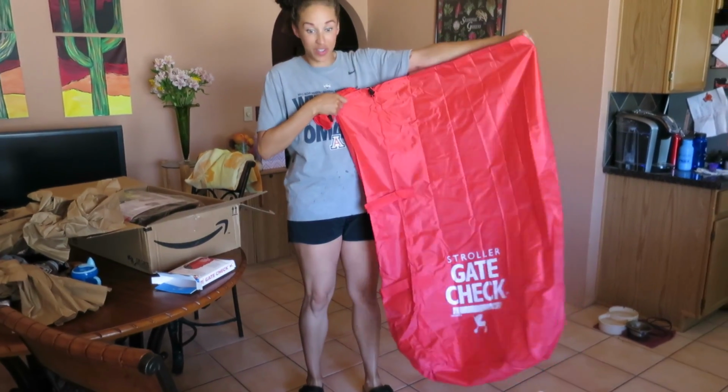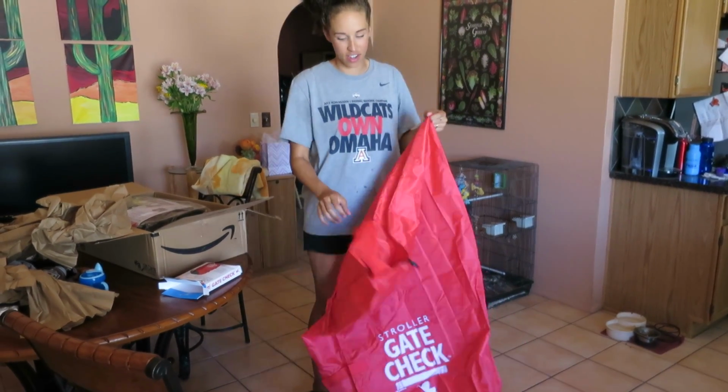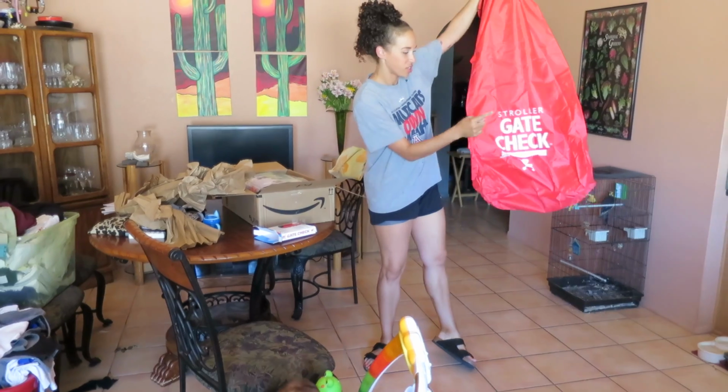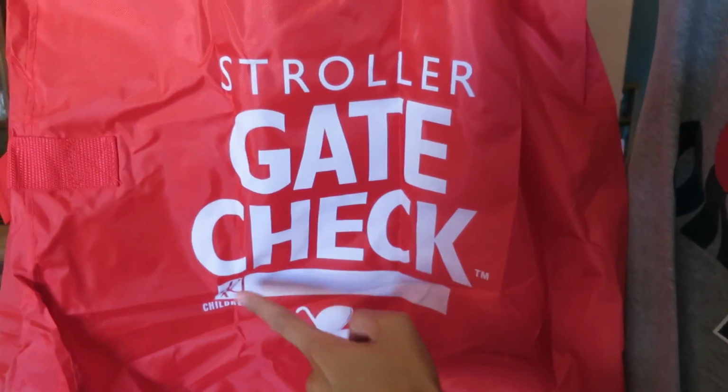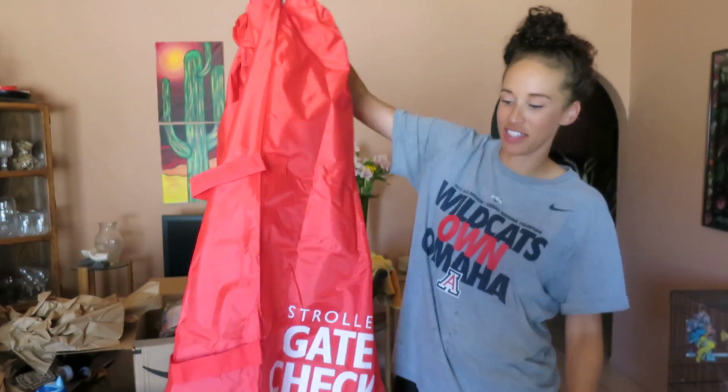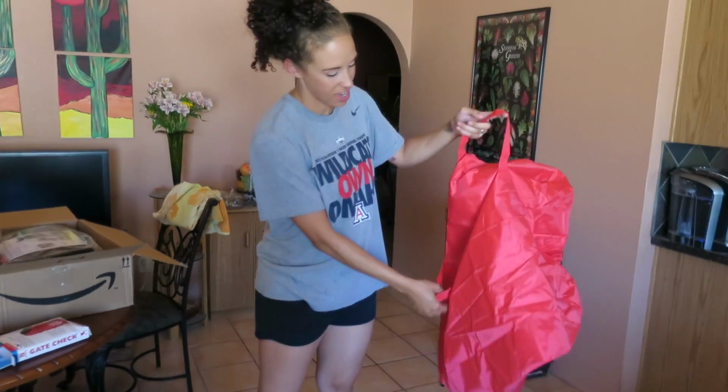So the stroller will go in the bag, and then we'll cinch it up. We'll leave this sitting by the airplane. Stroller gate check. You write your name right here. So it's basically telling them, this is a stroller, don't forget me. It's in this big red bag. And it has handles so they can...